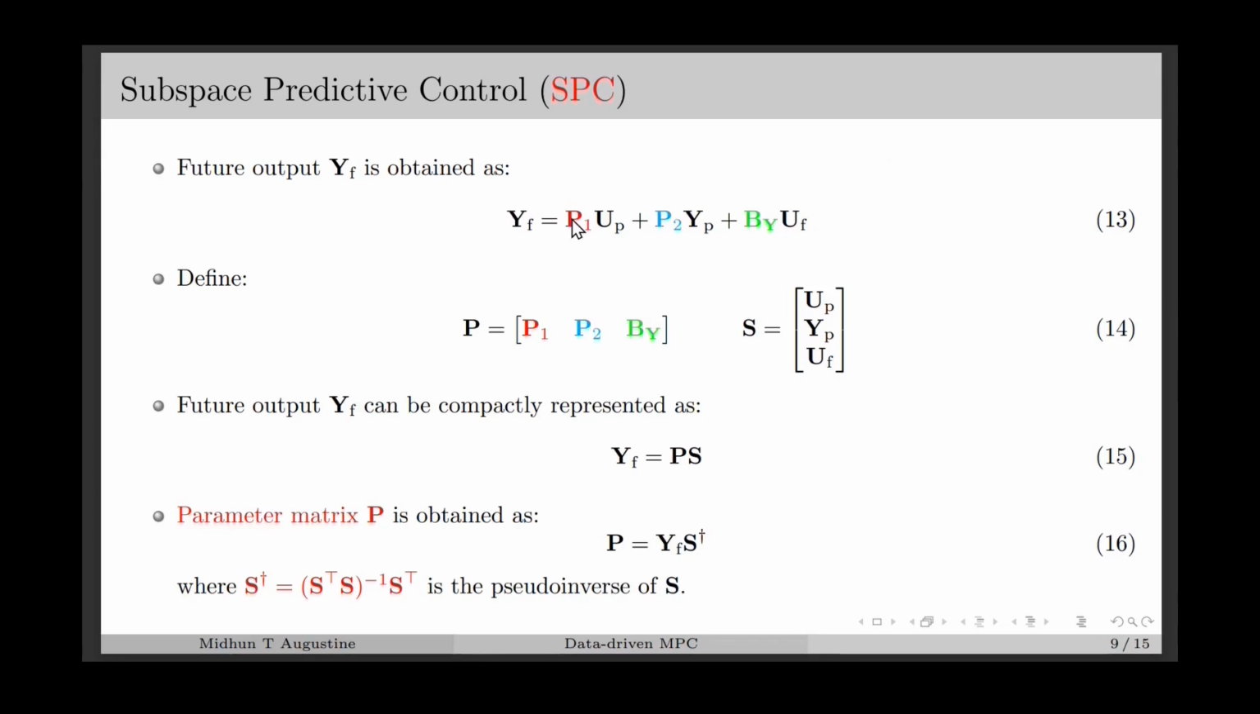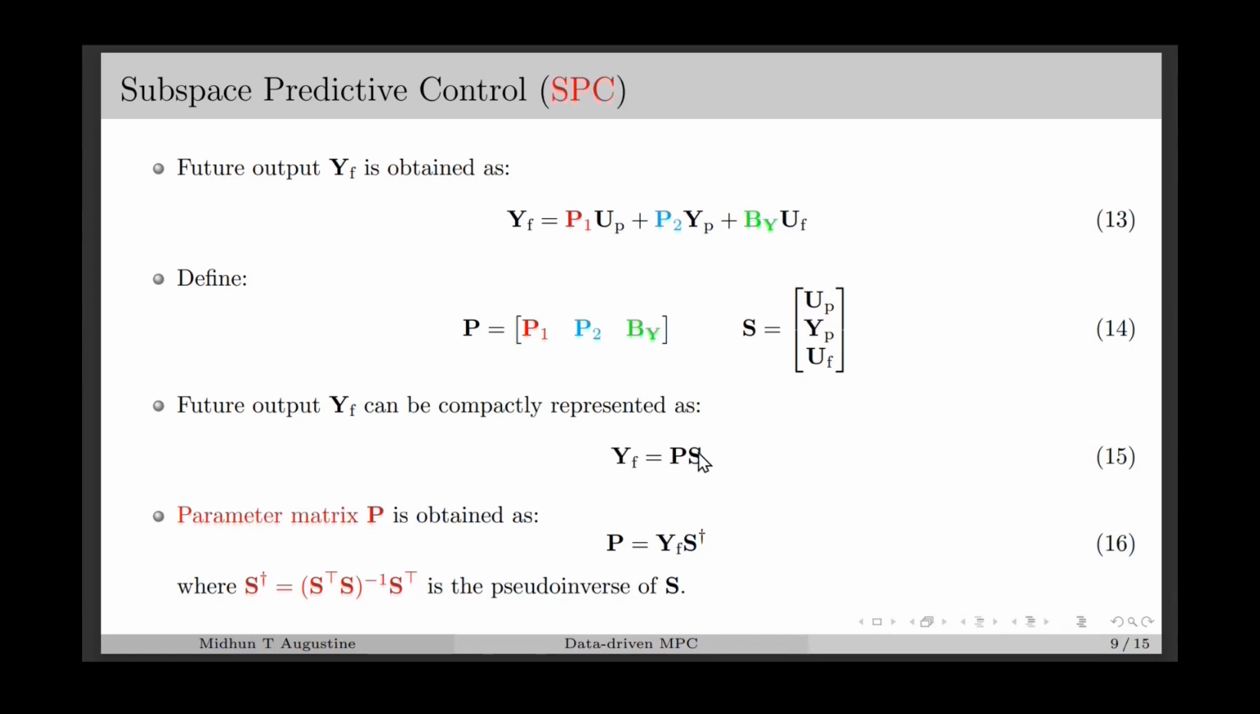And this equation we obtained in the previous slide is the central equation in SPC, which basically says that the future output data YF can be represented as a linear combination of the past input data UP, past output data YP, and future input data UF. Now defining the parameter matrix P, which contains these matrices P1, P2, and By as its elements, and the data matrix S, which contains the matrices UP, YP, and UF as its elements, we can rewrite this equation as YF equal to PS,